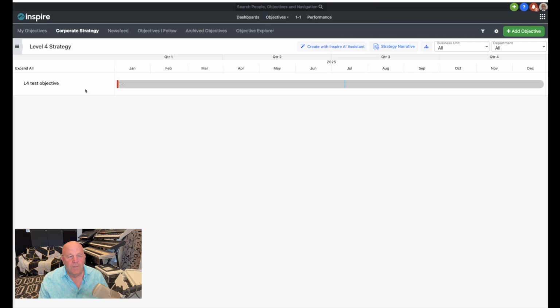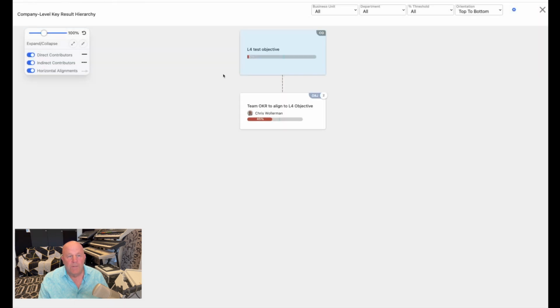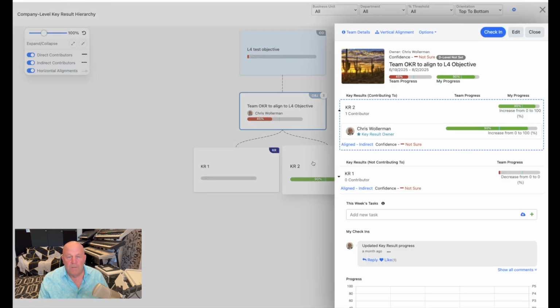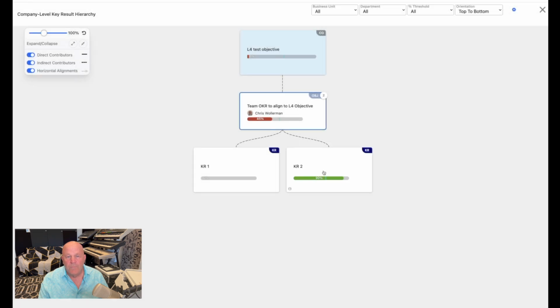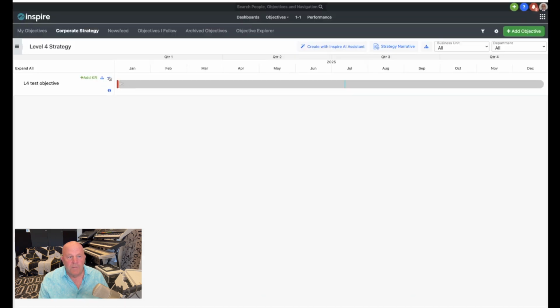I'm going to go down to the level 4 strategy and just show you the hierarchy of what this looks like. So level 4 is the lowest level. This is where the team aligns, and this is where I can drill down to the individual key results that the people on the team are executing. And I can see this propagates up to the top. But if I go in and edit this objective